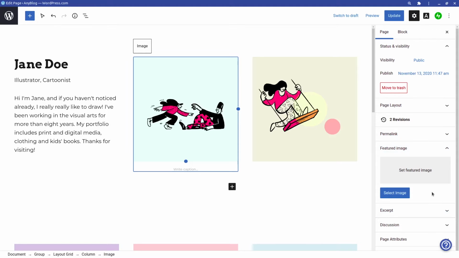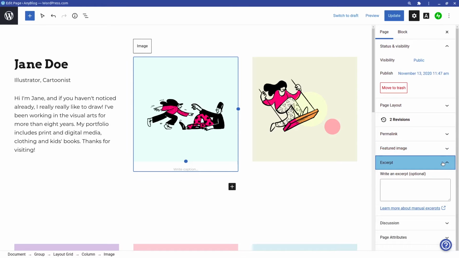So you have to choose a quite good feature image because it's the first impression. So the excerpt, as mentioned earlier, is optional, but this is a summary for your website or your web page. On this page, I'm gonna leave it empty because it's just a page.